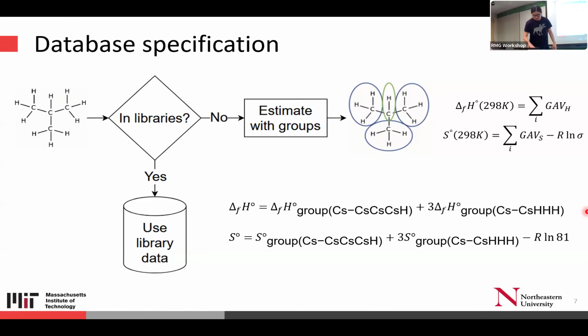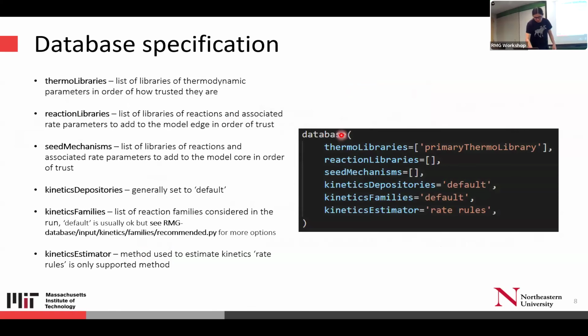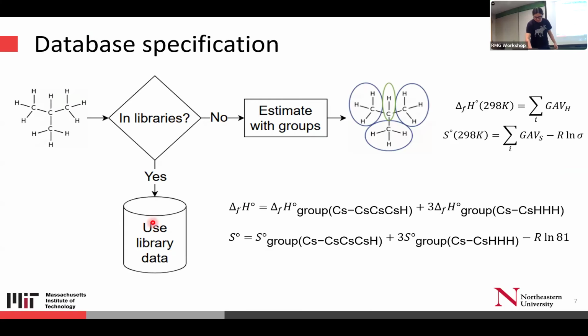And so starting off with the database, the specifications here. What you're telling RMG here is which libraries to use. So going back to our figure here, in general the database is huge. If you were to load every single library that's in the database, it probably would not be very helpful, because for any given mechanism, there are probably only a handful to a dozen libraries that are going to be relevant to your chemistry and